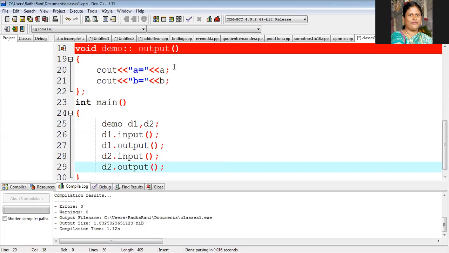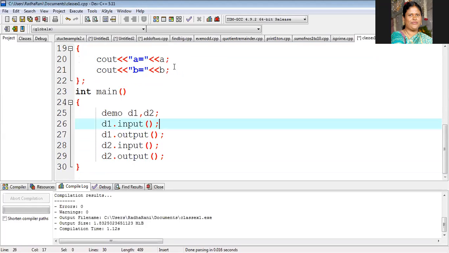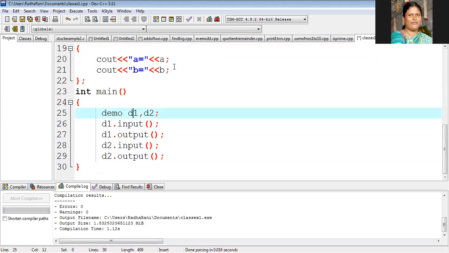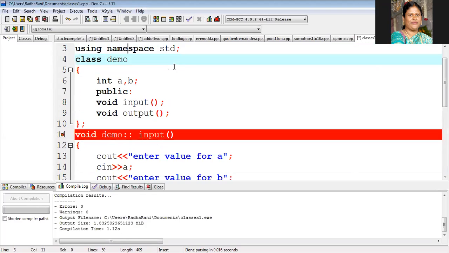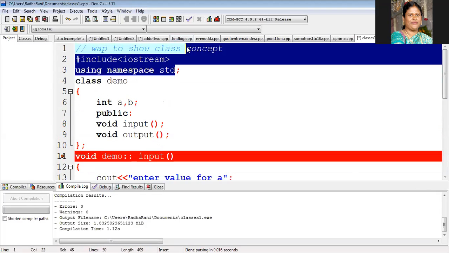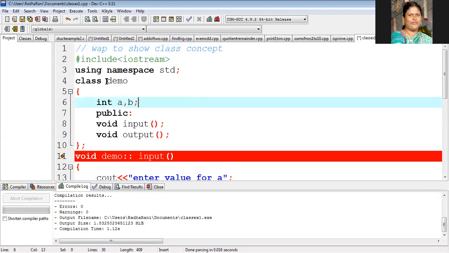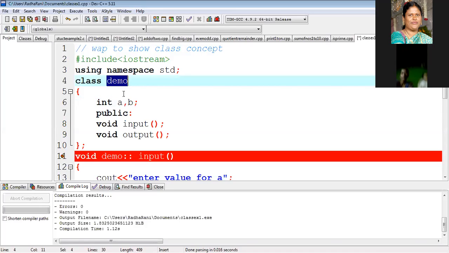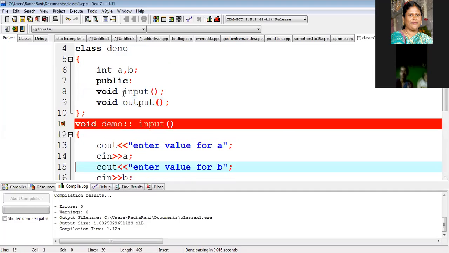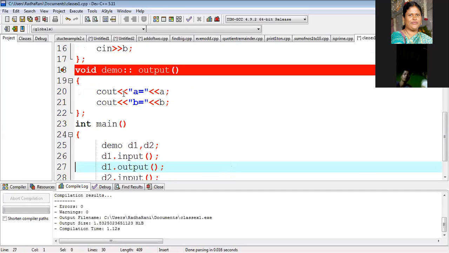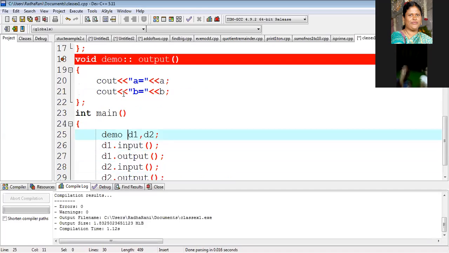Now I think you got it. Regarding memory allocation also, think. What happens here? If I declare the class, your compiler won't allocate any memory for demo at this situation. It is like a blueprint, no memory allocation. But once you declare the object, it will create memory for D1 and memory for D2, separately. I'll show you, one minute. Let me do.